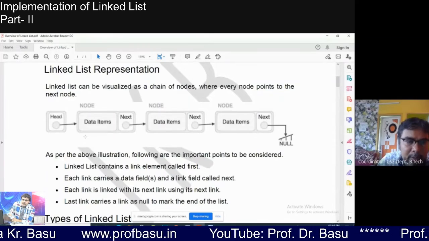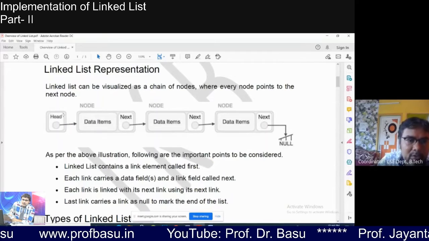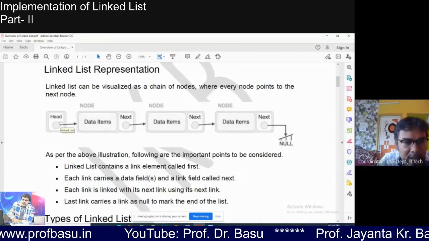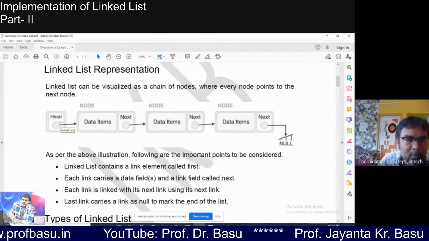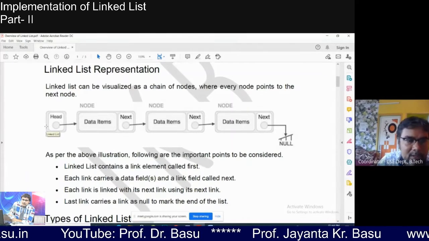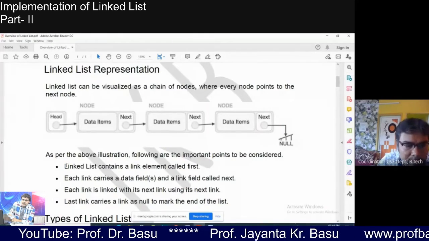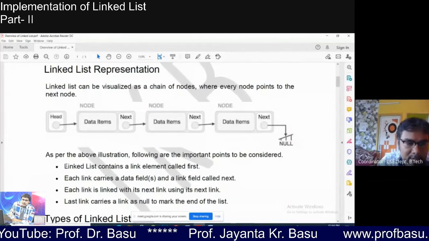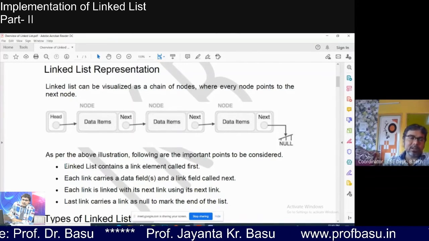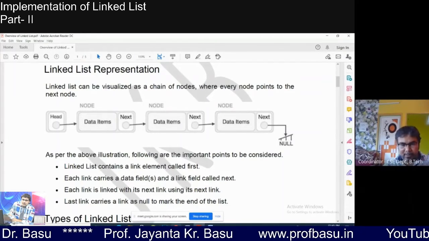So null will be replaced by the base address of the first node, right? Means we are going to change the content of the root, isn't it? So to change the content of the root from outside main, we have to pass the address of root. What we discussed in the last class, that to change the content of any variable of main from a function, we must pass the address of the variable, otherwise that change will not be reflected in the main, right?